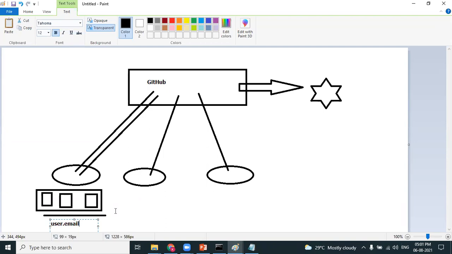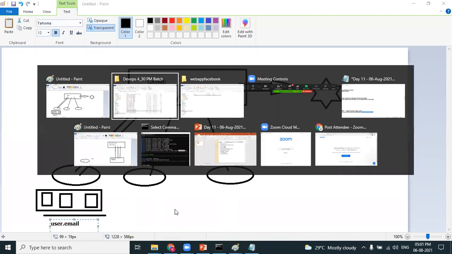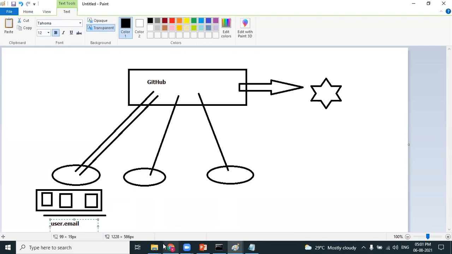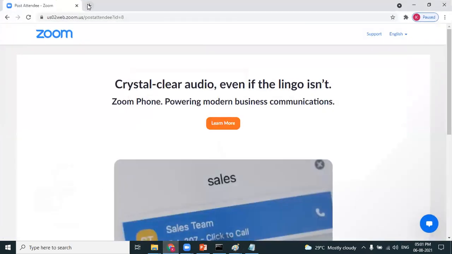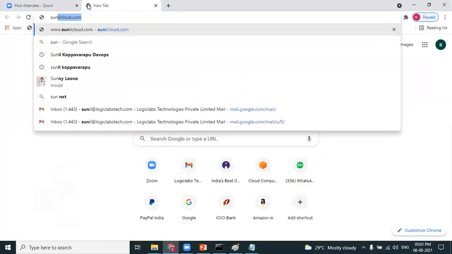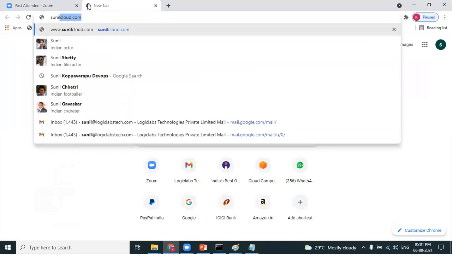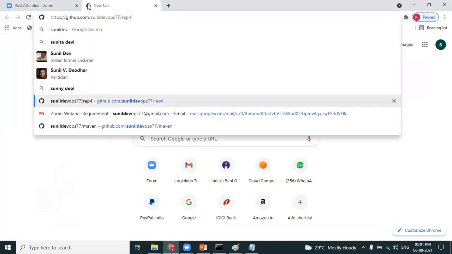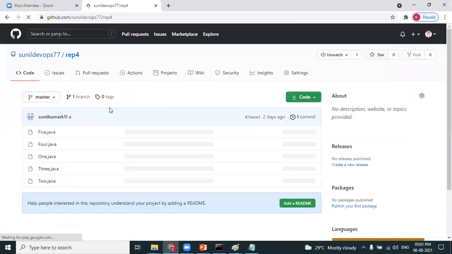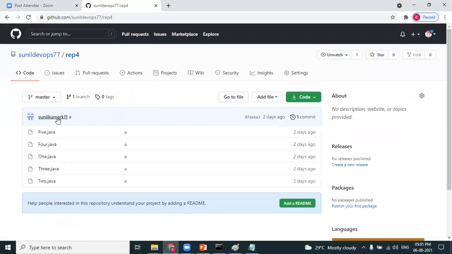For example, dev1 has pushed the login page, and after that dev2. You can see here, for example, yesterday in the last session we created a repository called REP4. This is the repository URL. You can also see the configurations, my username, Sunil Kumar K11.